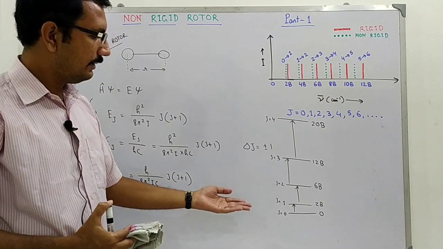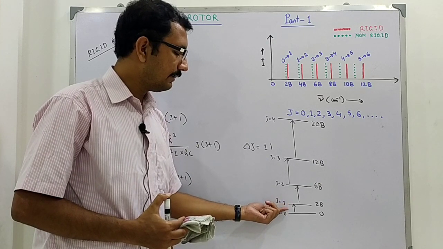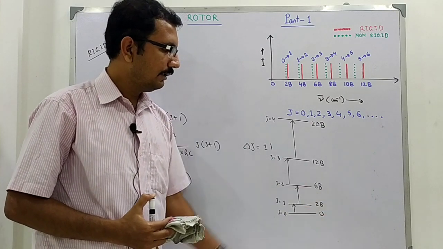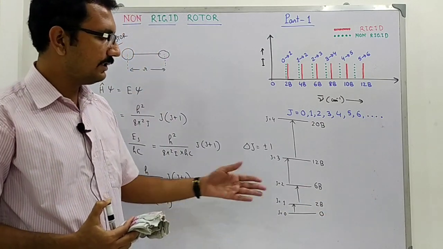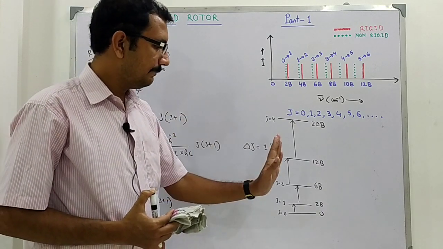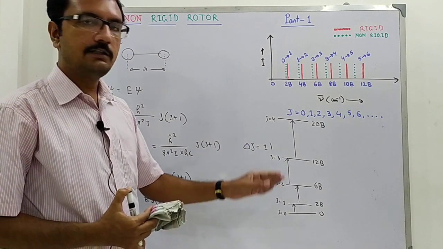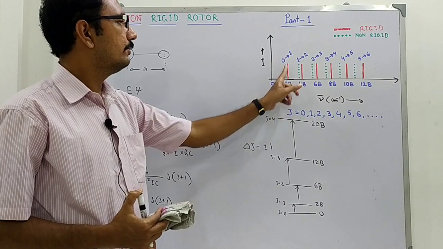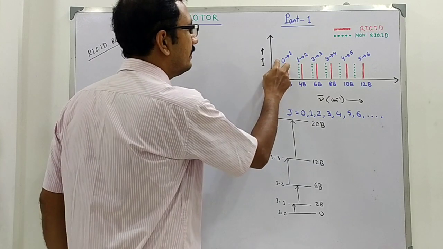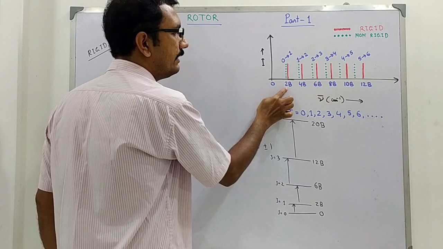Now when the first transition occurs, that is from the ground state to the first excited state, the amount of energy that will be required is 2B in terms of wave number, in terms of centimeter inverse. So if we start scanning, we will get the first spectral line at 2B starting from 0. So this red line will be obtained. It will correspond to the transition 0 to 1, that is, ground state to the first excited state, and the position will be at 2B.